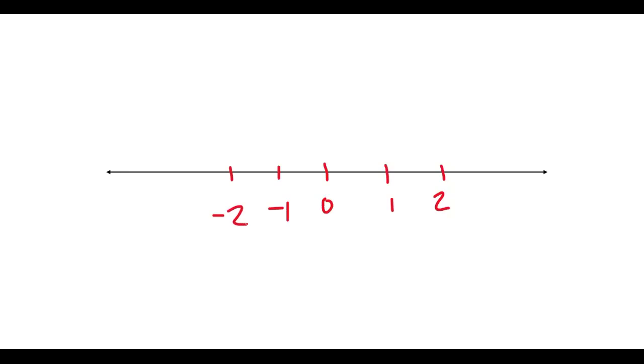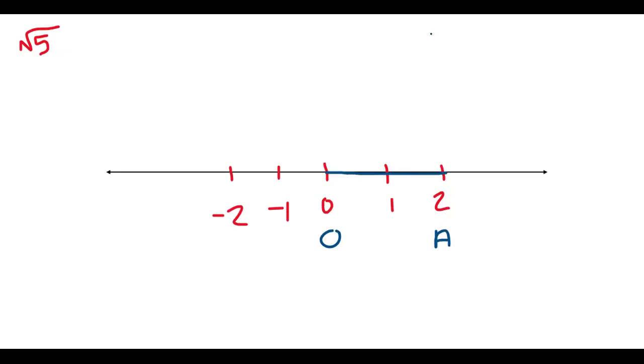Now we will plot root 5 on the number line. How? It's very easy to plot root 5 on the number line once you are clear with how to plot root 2 and root 3 on the number line. Now, we will take a distance of 2 centimeter on the number line, and we will mark these points as O and A.